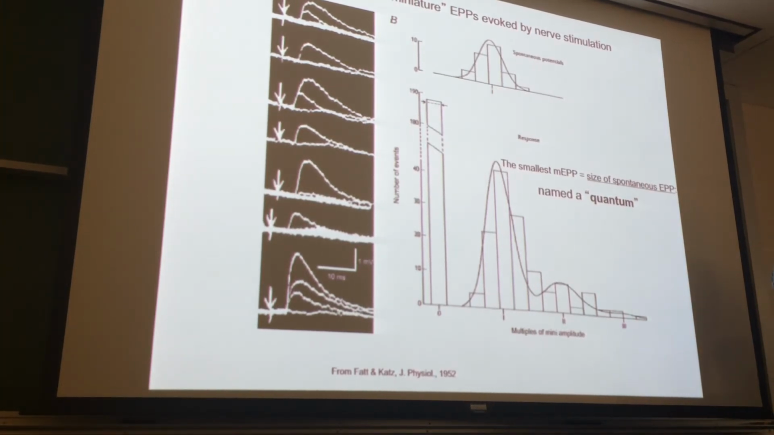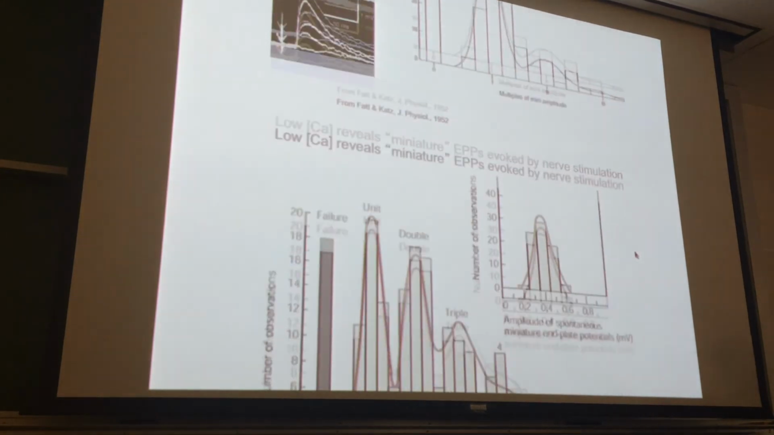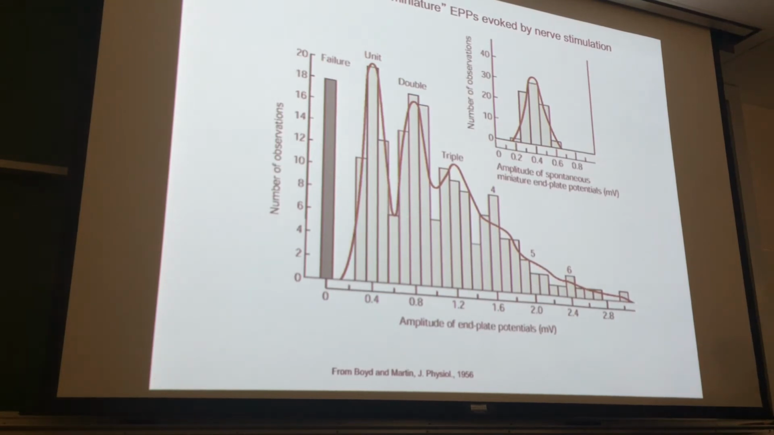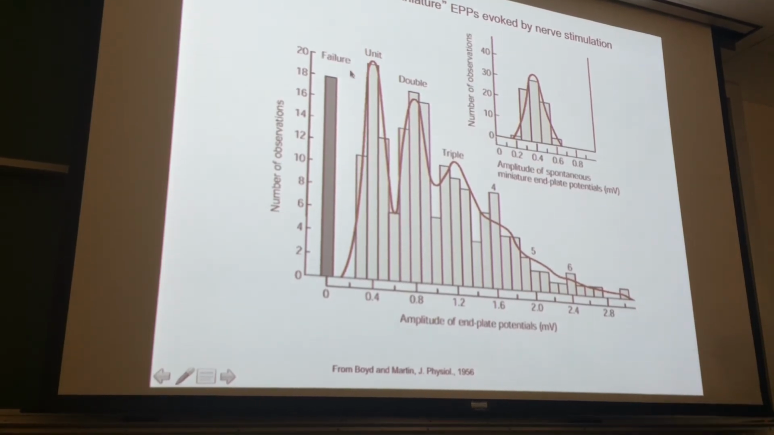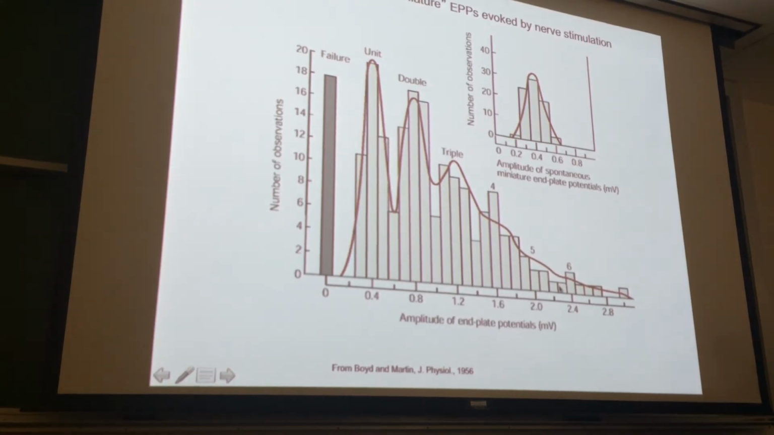So he thought, this is the elemental unit. Parallel to physics, we'll call it the quantum. So the smallest one, one miniature end plate potential, is the size of a spontaneous end plate potential, and he named that the quantum. This was followed up very shortly thereafter by Boyd and Martin's work, Bob Martin, University of Colorado. They actually were able to use a different preparation, tweak it so they could really optimize it, and they could not only see the unit, but they could see beautifully the discrete steps all the way out to, say, 6